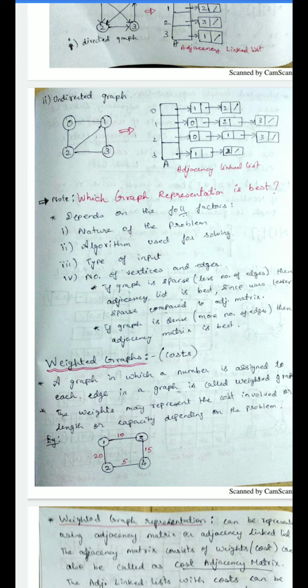Okay. So last class we have seen how you can represent the graph. Next, a weighted graph is nothing but a graph where an edge has a value. See the example: 1 to 3 you have an edge value 10, 1 to 2 you have an edge value 20. Like this, every edge has a weight or value assigned, and that we call a weighted graph.